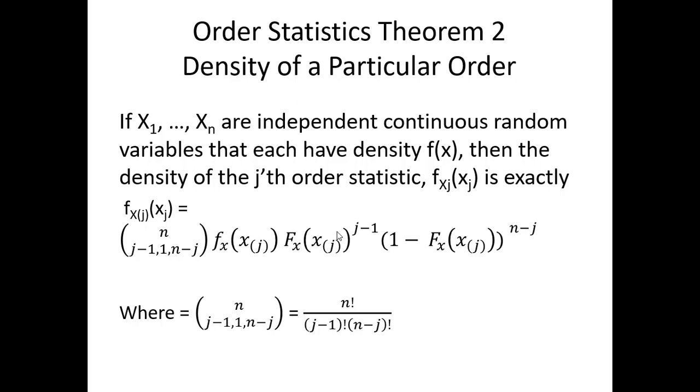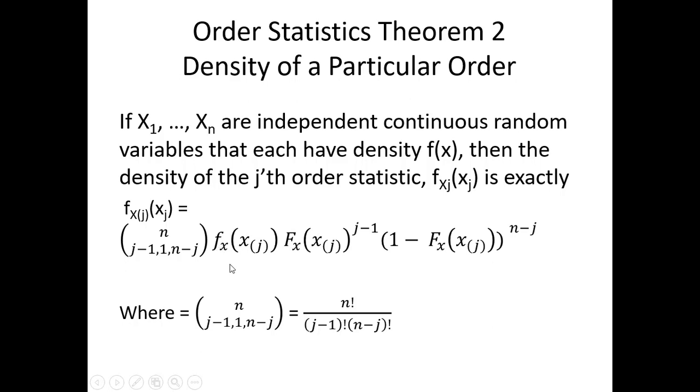So the theorem tells us if x1 through xn are independent, continuous random variables that each have the same density, then the density of the jth order statistic is given by this combinatorial term, n over j minus 1, 1, n minus j, which looks like this fraction over here,